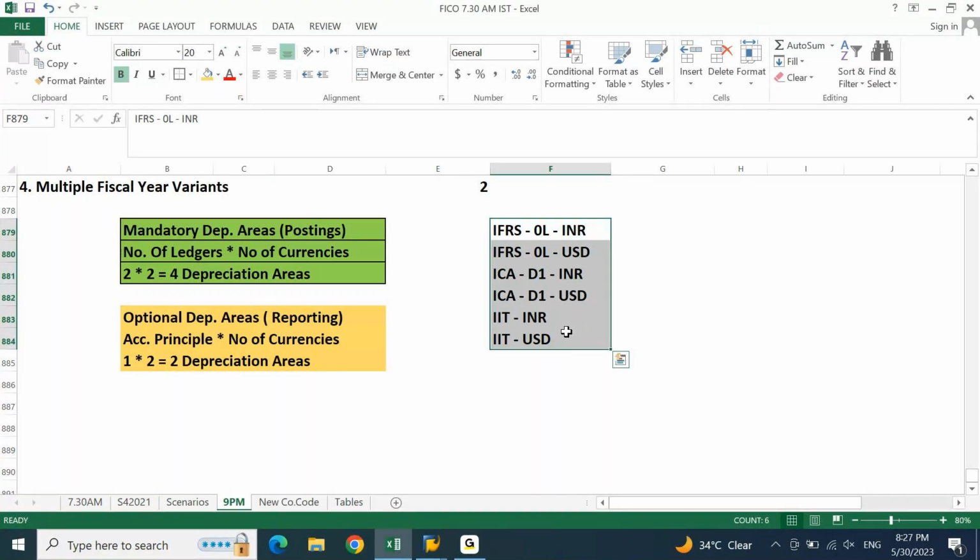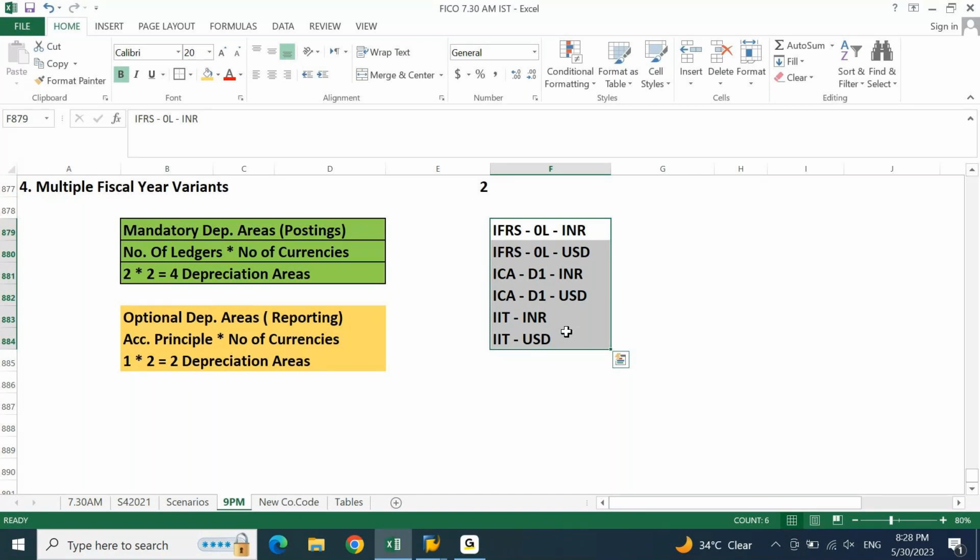First point, you need to understand why we have written these 6 depreciation areas. This is your first point of understanding asset accounting. The same logic, same rule is applicable for any country that you implement asset accounting for. Clear why we have written these 6? Or any questions, doubts, confusions, you can ask me.